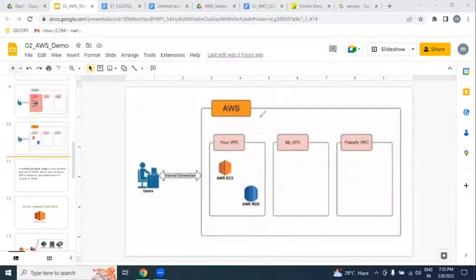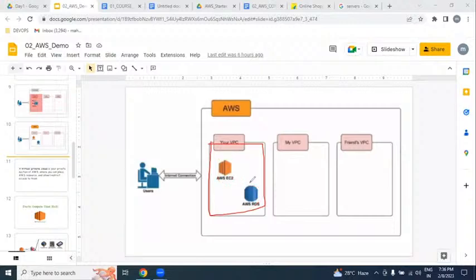I'll repeat this point, listen very carefully. Anybody can get into AWS, you and me, anybody. But after getting into AWS, we can create our private section. This is exactly your private section. No one can enter into this. You can do whatever you want here. Without your permission, no one can enter. We can create servers here, and we can create databases also.